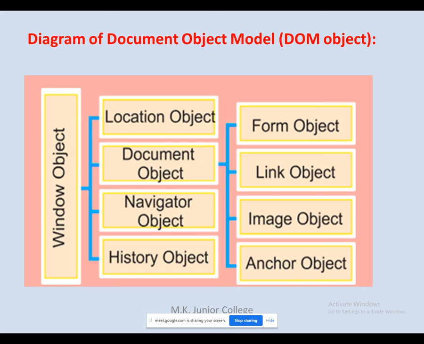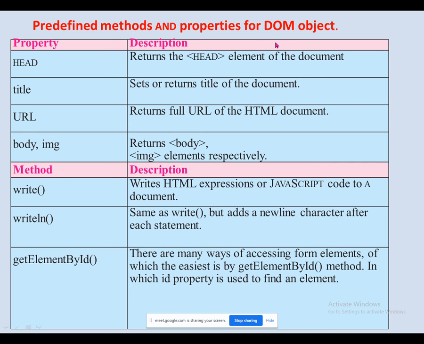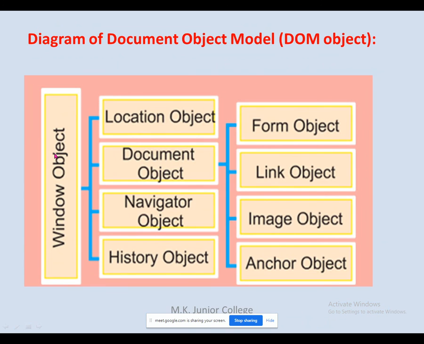That's why here the very first object they have given is the document object. Document object की जो भी properties and methods हैं हम one by one देखेंगे. Remember, MCQ के लिए important है and single correct answer के लिए important है. So the properties are head, title, URL, body and IMG. डॉक्यूमेंट ऑब्जेक्ट के साथ आप वर्क कर रहे हो. This is what the document object has.